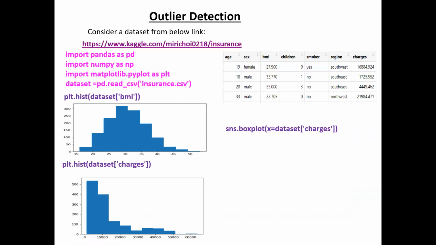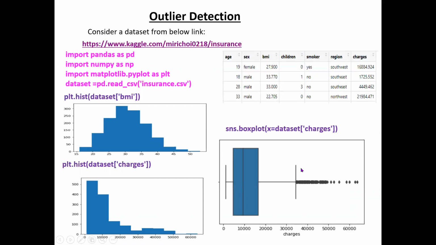And there is another plot, the box plot. I also used this box plot in our R programming. So box plot is another option. For example, box plot is used for charges here. You can use another variable name actually. I will show you how to show the box plot in Python. This type of box plot shows what? These are nothing but the values which are outliers. Here we need to use SNS, actually Seaborn. I will show you in the execution.